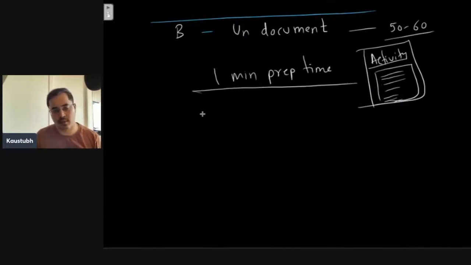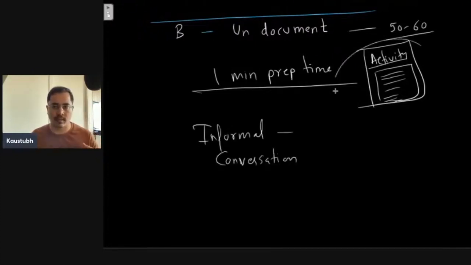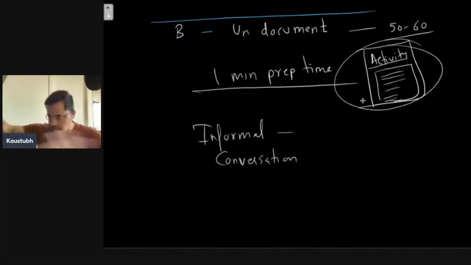Then you have to speak with the examiner. The examiner this time is your friend, so this is an informal conversation. First, you are supposed to summarize the activity and propose it to your friend. Je viens de lire cette annonce accrocheuse. I just read this exciting advertisement, and let's summarize it for the friend. What is it about? One or maybe 1.5 minutes, 2 minutes maximum.